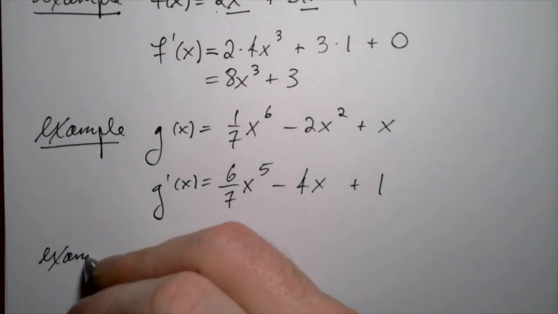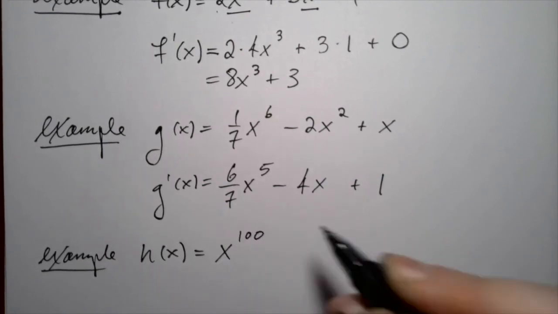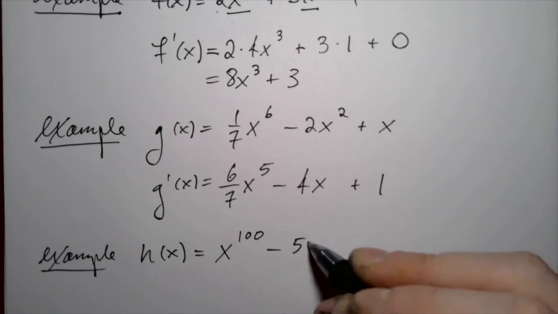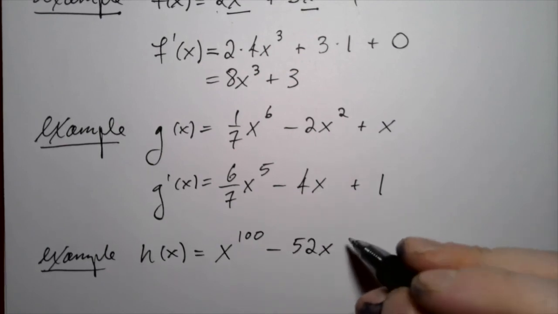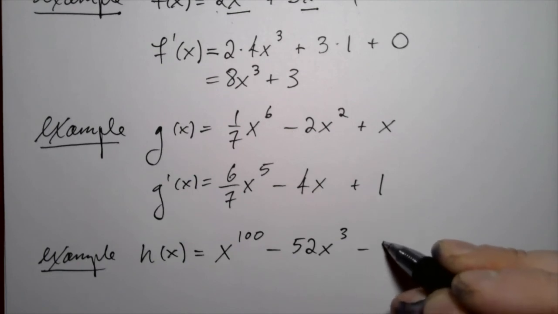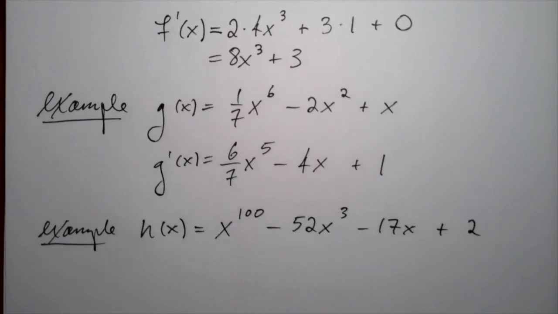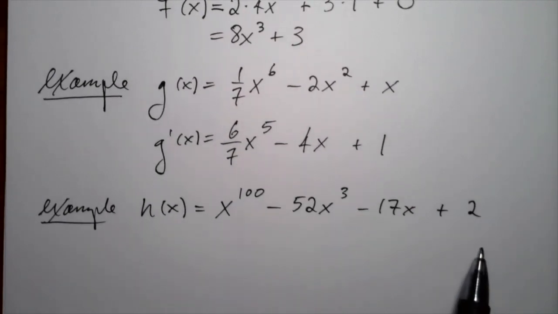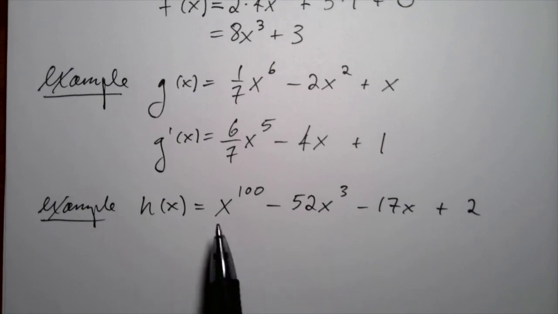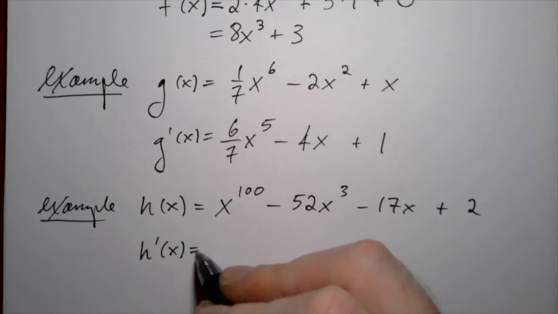Alright, next example. Suppose that h of x is x to the 100 minus 52x to the 3rd minus 17x plus 2. Oh my, that's a complicated polynomial. Imagine trying to write down the definition of the derivative in terms of a limit for that monstrous function. You'd have to think about x plus h to the 100th power. The algebra would be a mess. But because of these three basic rules, we can just